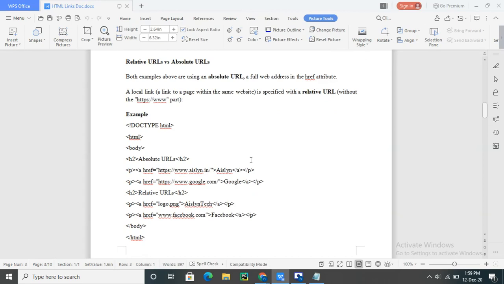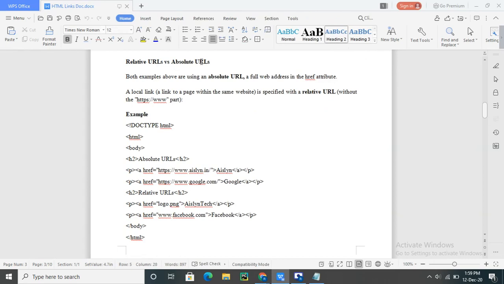Now we will see relative and absolute URLs. There are two types of URLs, relative URLs and absolute URLs. Both use the href attribute. The difference is that a relative URL is a local link, a link to a page within the same website.